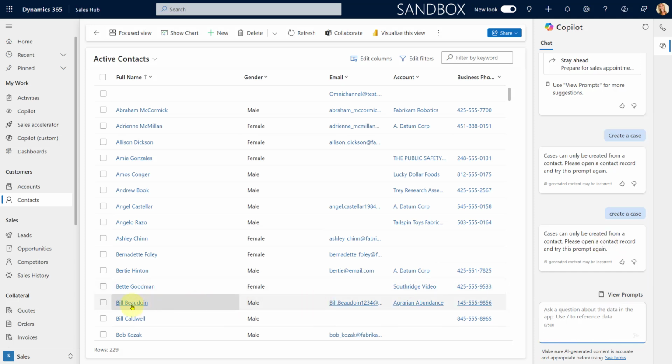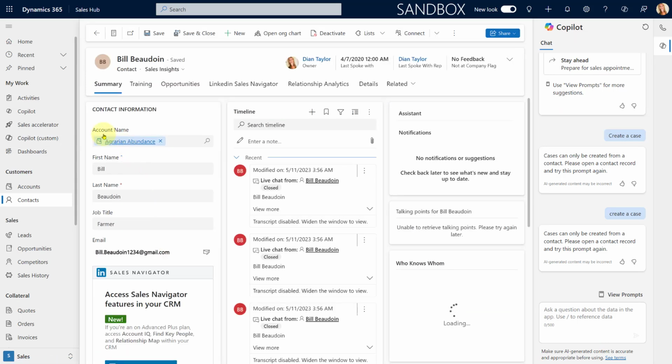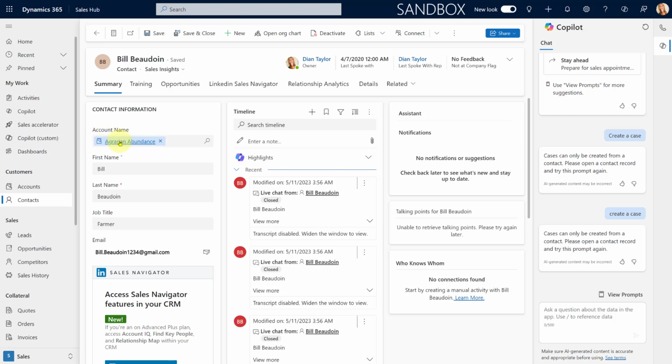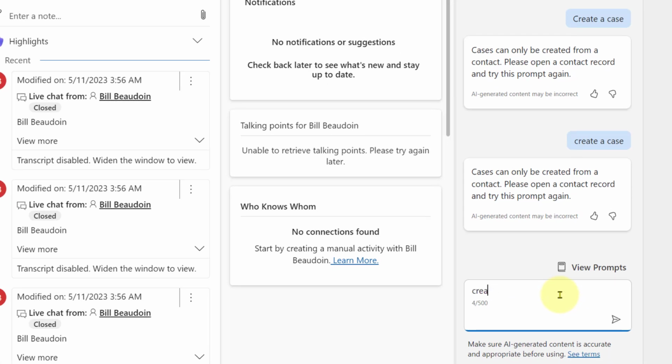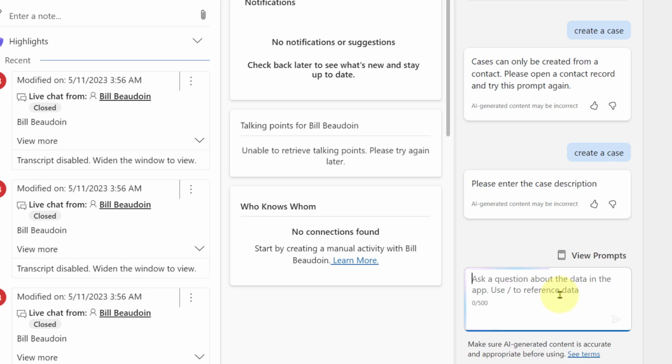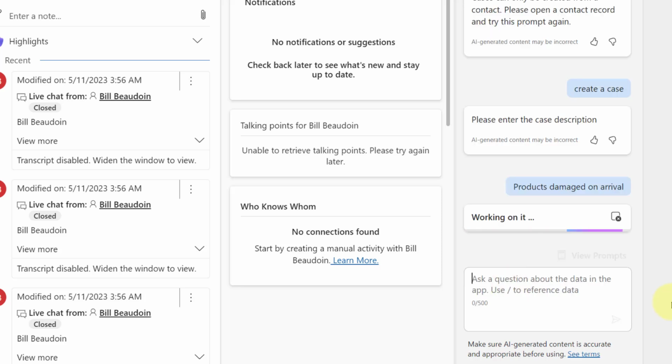So what I'll do here is I'll actually open Bill's record, and you notice that Bill is also associated with this account that we see over here. So I'm going to try this again. I'm going to say create a case, and you can see now that it's not telling me that cases can only be created from a contact record. It's actually asking me to enter a case description. So I'm going to say